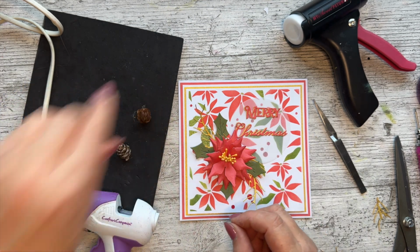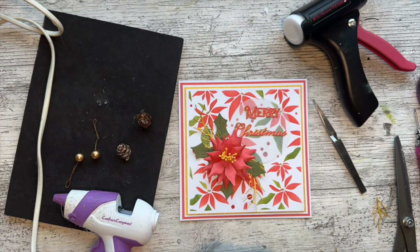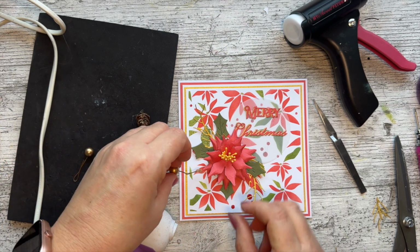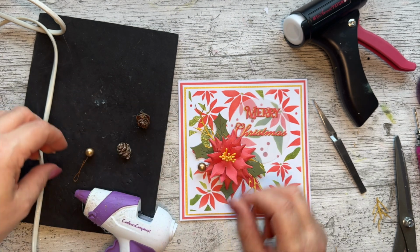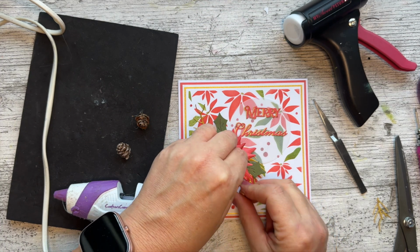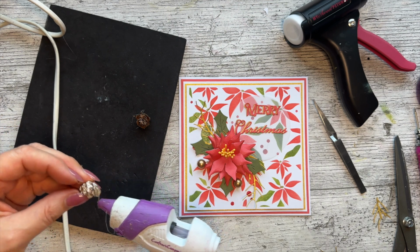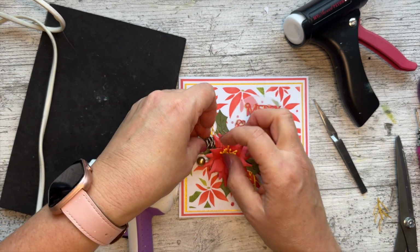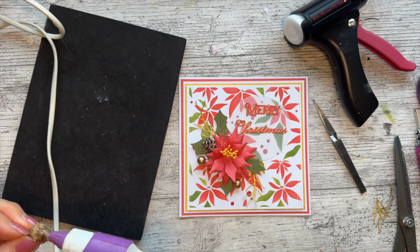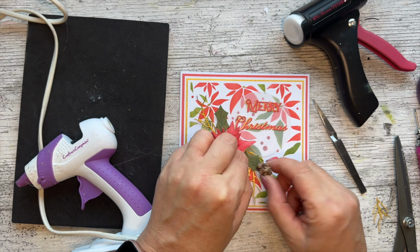I found out of, where was this? This was out of my, towards the night before Christmas. It's the embellishment bit. And I've just found, I'll do the gold baubles first. Just found some gold baubles out of there. I thought that would work really well. And that's going to go in that side. And then the little fir cones as well. One's got snow on and one hasn't, but that's just going to add to the look, isn't it? And then the last one, if I can do it without burning my fingers. And that one's going to go